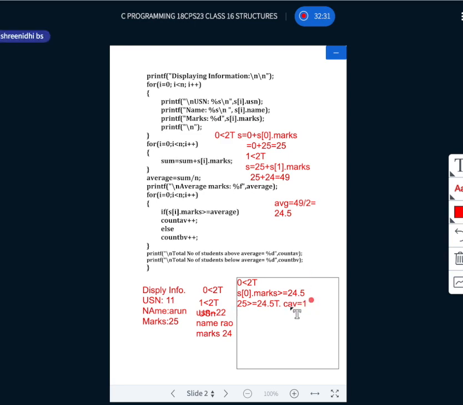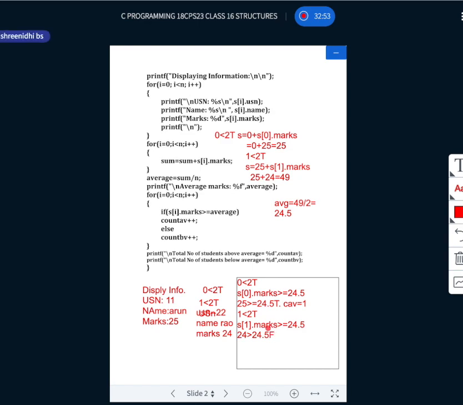Next, again increment, again in the loop, 1 less than 2 is again true. Next S1 dot marks is greater than or equal to 24.5. 24 is greater than 24.5? Sorry, this is false.